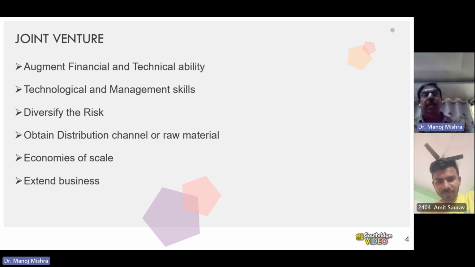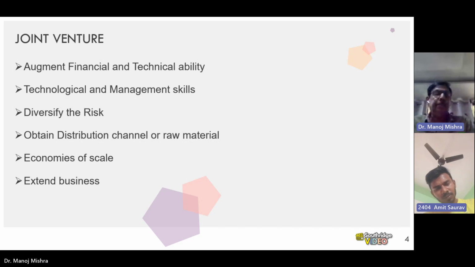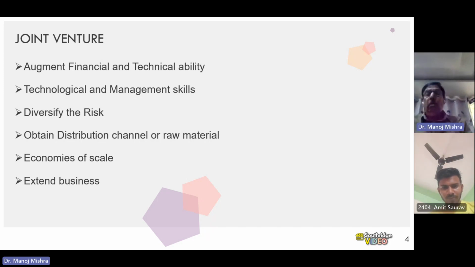Okay. The reasons or rationale for entering into a joint venture. Let's finish this. Okay. So we extend business. That is another important thing. We extend the business. Now, earlier, the Sadoba was selling only in India. Now the business is extended to foreign countries. So through joint venture, we can increase the scope of business,